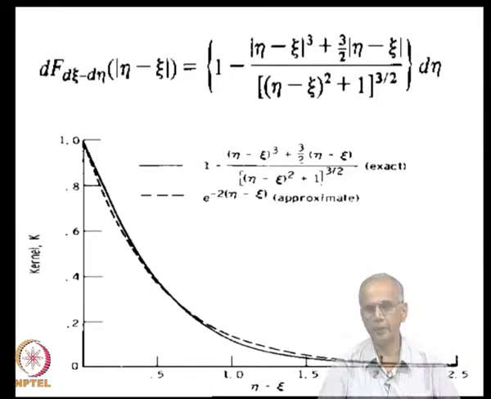Here we show how we have made the approximation. The solid is the actual function, the dotted line is an approximation, and you can see that by choosing a equals 1 and b equals 2, we have ensured that this function is slightly lower than the actual function between 0 and 0.5, and beyond 0.75 it is somewhat higher, but the area under the curve is almost the same. So, that is our main